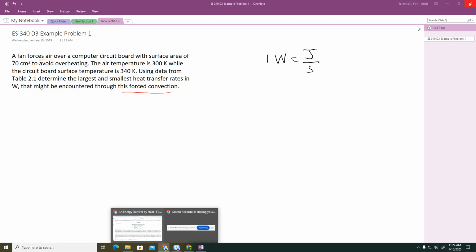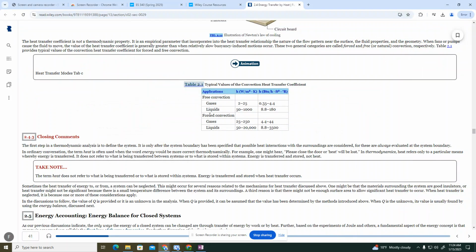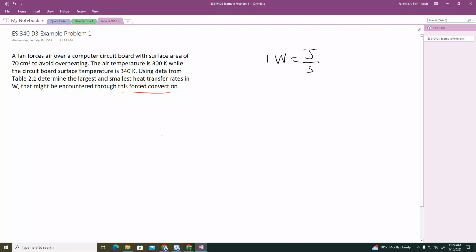So we have forced convection of gases, which means that H is somewhere between 25 and 250. Okay? So if we go back to the problem,